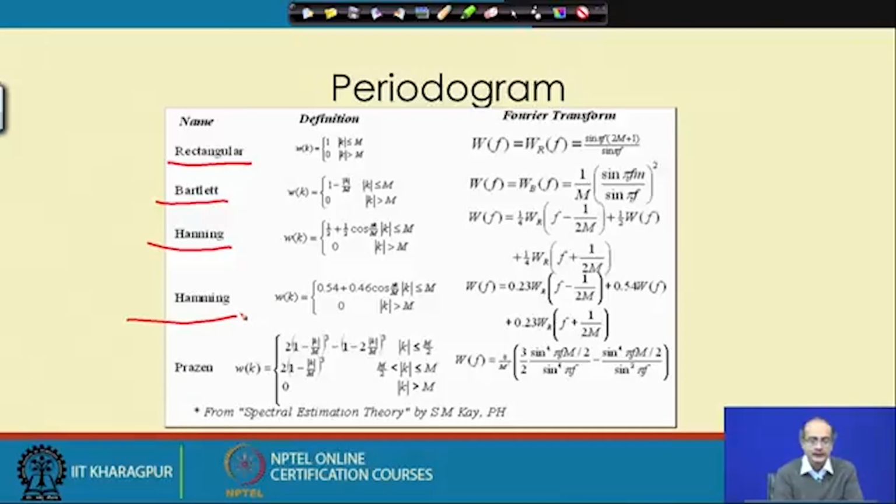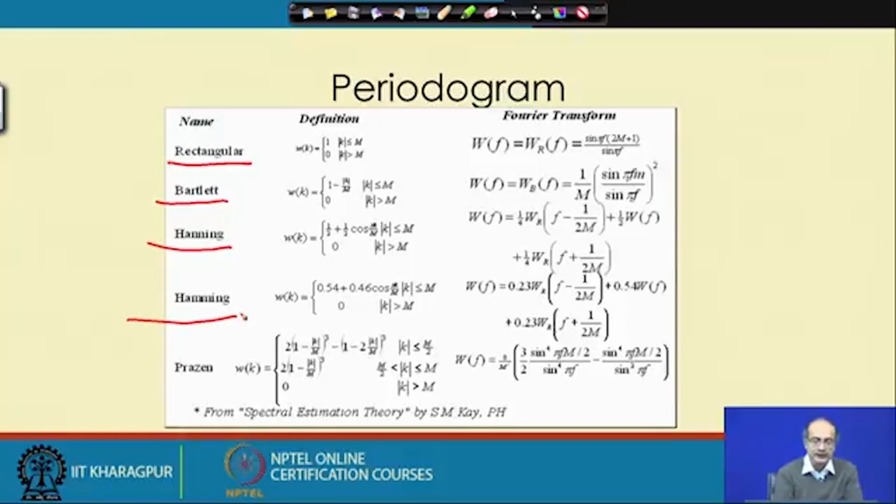Then the Parzen window has a polynomial form of k. Okay. So, these are the different choices of window